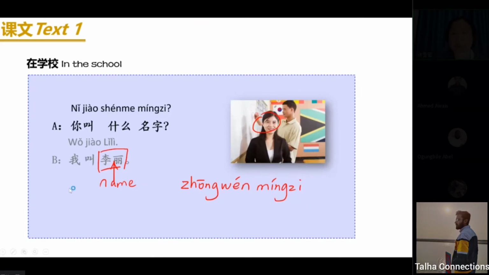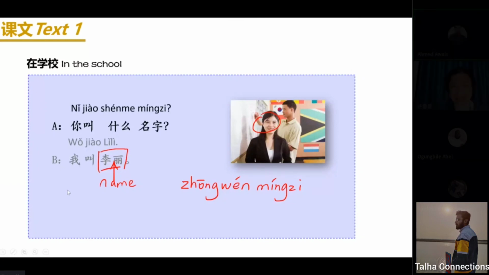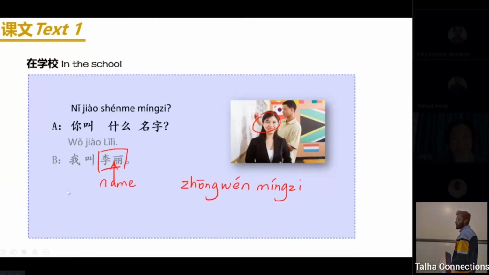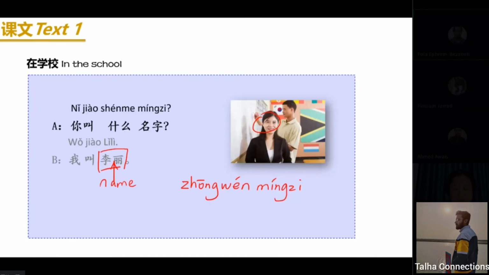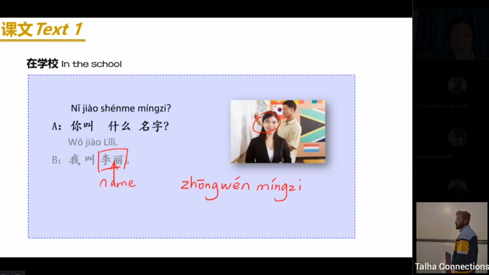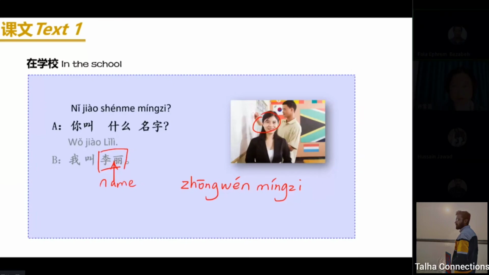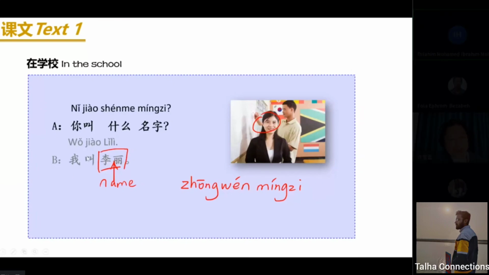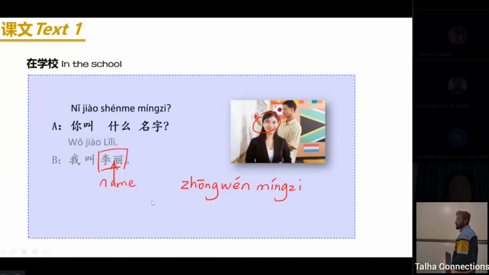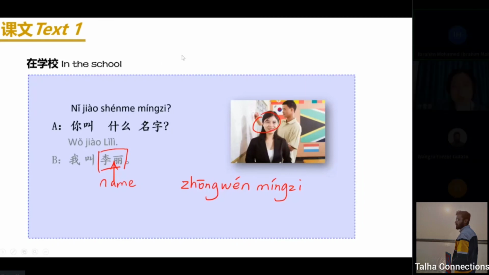Again, 你好，你叫什么名字？你好，我叫魏思。你好，你叫什么名字？Yeah, very good. So after 你好, class, 你叫什么名字？